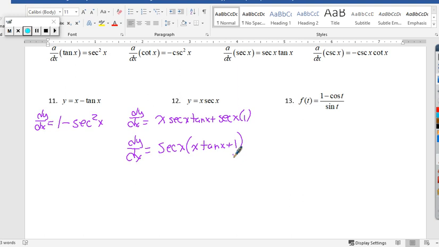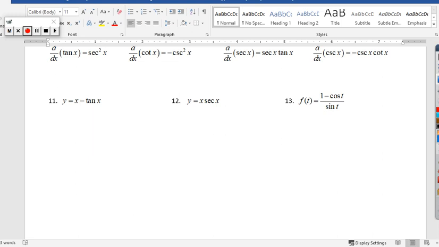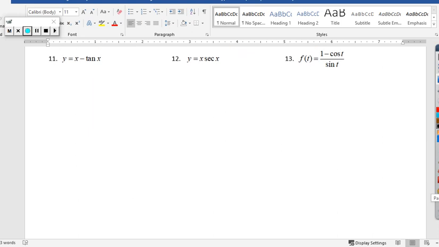And the last problem for the day, this is a quotient rule. So what we're going to do here, and we were working with sines and cosines previously. So looking at this here, we're going to have f prime of t. It's going to be the bottom times the derivative of the top, which is going to get you sine t, again, minus, and again with quotient, we like to put those brackets up, the top term, times the derivative of the bottom, which is cosine t, all over